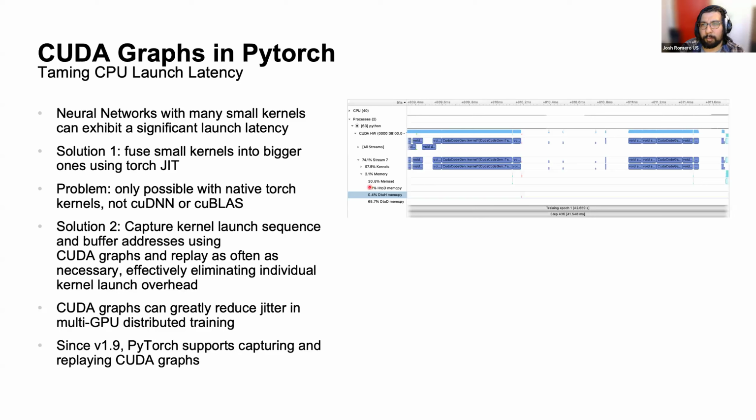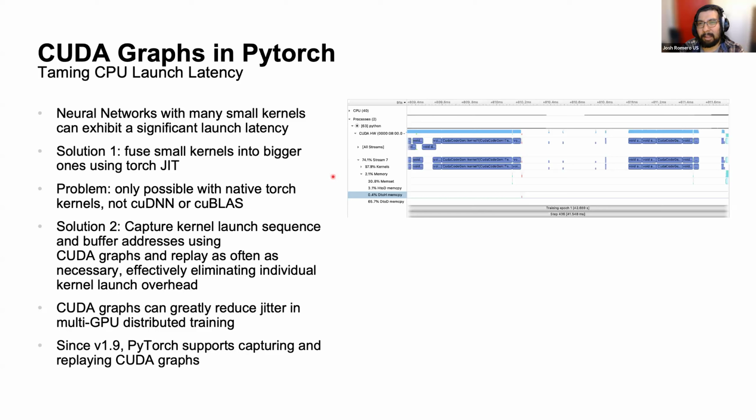But there are some situations where you have small kernels that can't be fused. And so CUDA graphs is a feature that basically allows CUDA to record all these small kernel launches. It memorizes the input pointers, the output pointers, what memory is input, what memory is output, and the sequence of kernels that you're launching, and batches the launch into one monolithic launch of a graph instead of each individual launch. The benefit is that you can capture maybe the forward pass of your model into a graph,